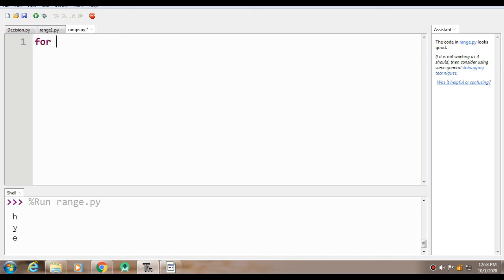So let's say we have a for loop, and suppose I want to check it in a string: Hi, I'm from Ludhiana, where are you from? Suppose this is my string, and in this string I simply want to check if the value becomes equal to capital L, then what should it do?